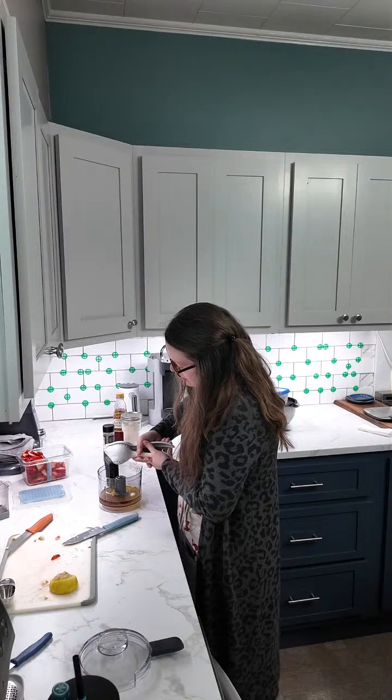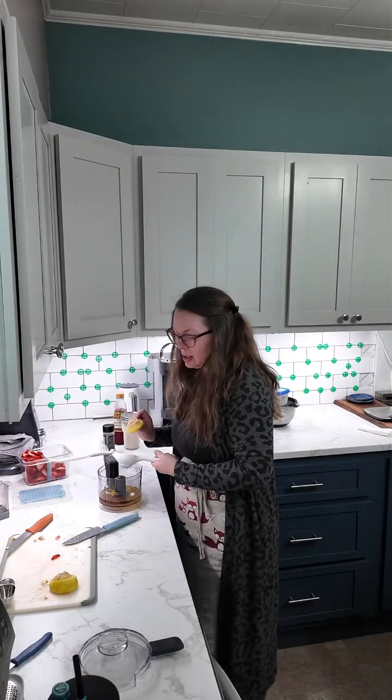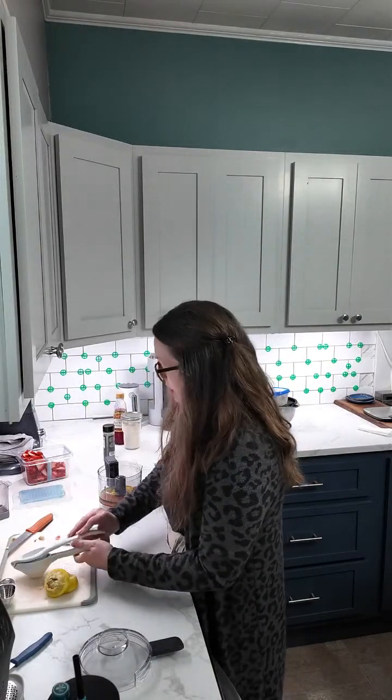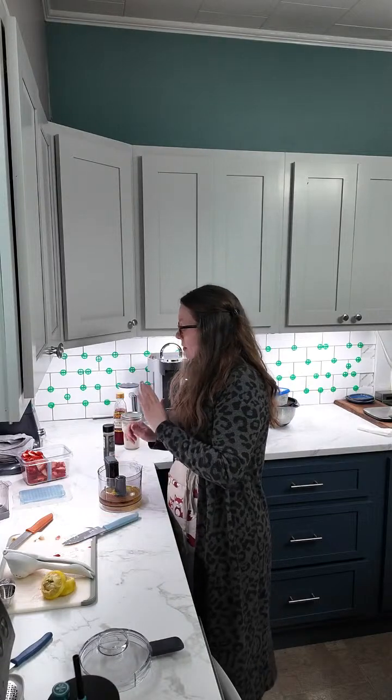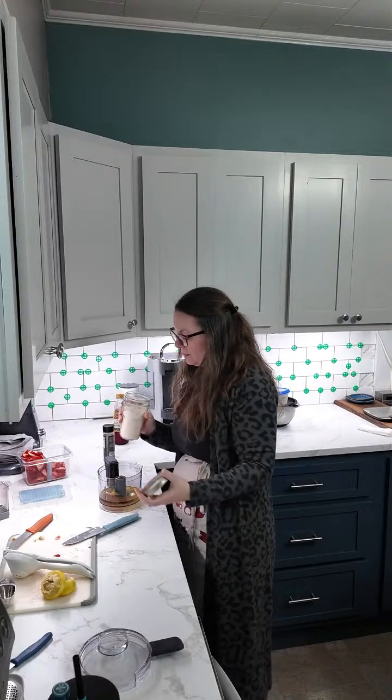So, I'm not cooking down any blueberries today, because I ain't eating them. Alright, so citrus press, all done. We have it in there. The last thing I'm going to do besides dill and salt and pepper is add our